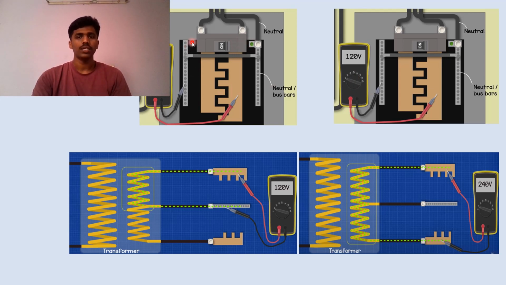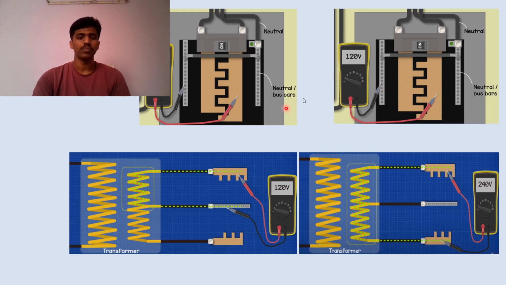Inside the breaker box there are two more bars called the neutral and ground bars, and these neutral and ground bars are nothing but a metal strip which consists of a number of holes and screws, and the neutral and ground wires sit in this bar, and screws are used to fix them in place. So if you measure voltage between this metal bar and the ground or neutral bar, you will get 120 volts. But if you measure between these two metal strips, you will get 240 volts.